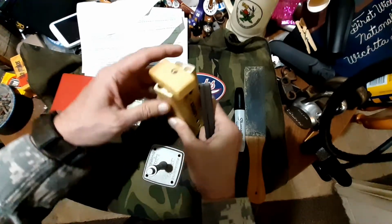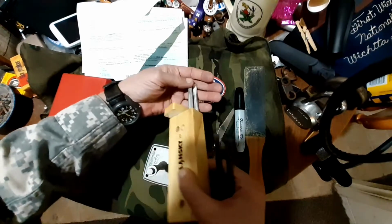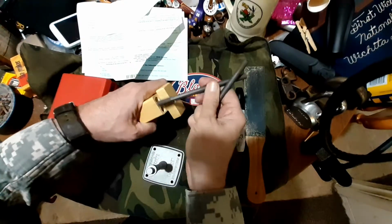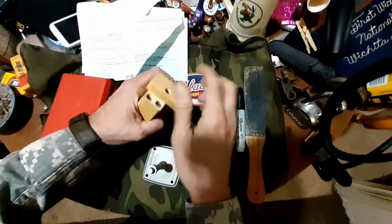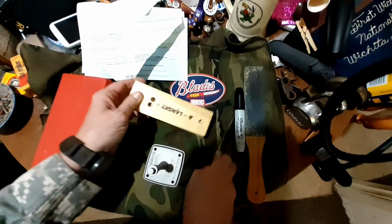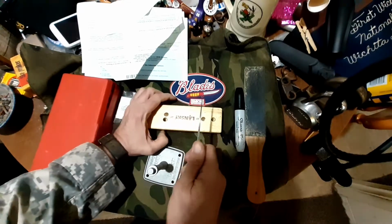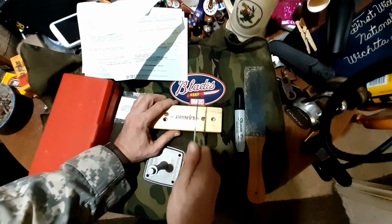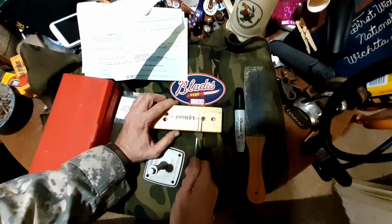But this only costs like 20 bucks. It comes with ceramic stones, and it really does a good job. Usually when you set the angles in, you just keep your knife straight. You start at one edge and you just work your way back and you pull down, and then you go